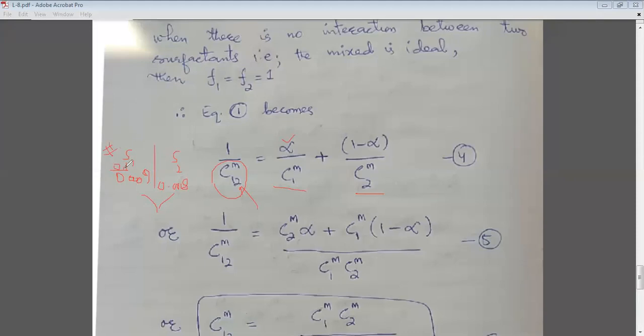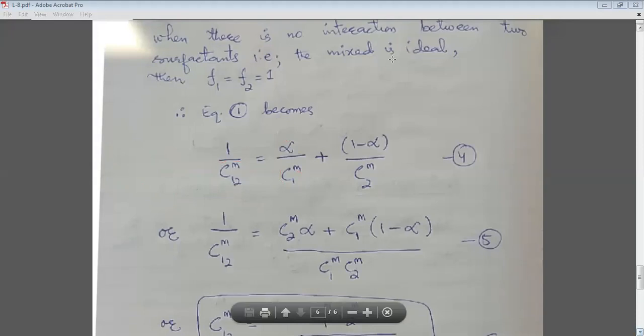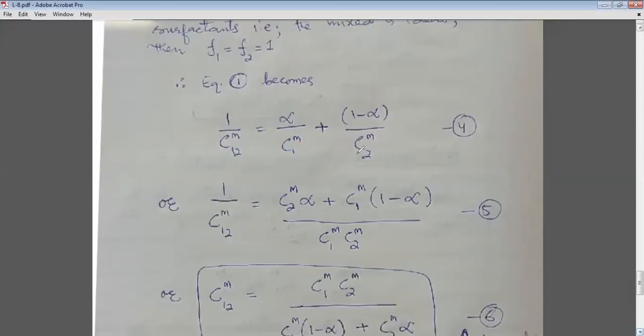Take alpha is equal to 0.1. Take CMC 1 is equal to 0.0009 and CMC 2 is equal to 0.008 and calculate C12M. How to calculate? We will just transform these equations. Okay. So this equation is called the Coulomb equation. Now what we are doing here, we will just cross multiply. You have to simply cross multiply this to this, and C1M to C2M. You will get this type of equation.